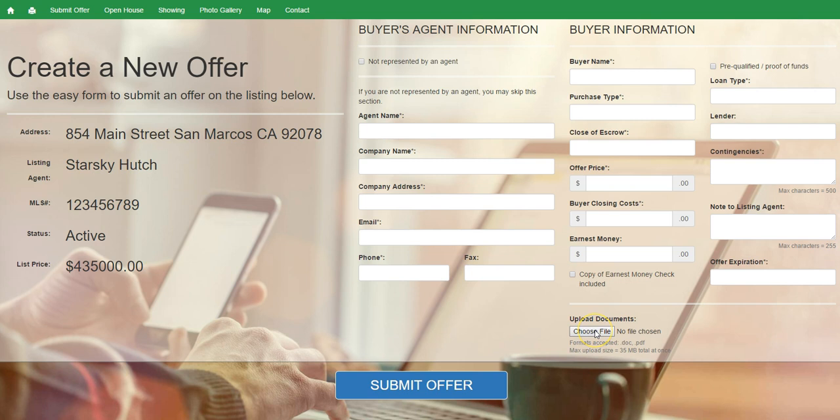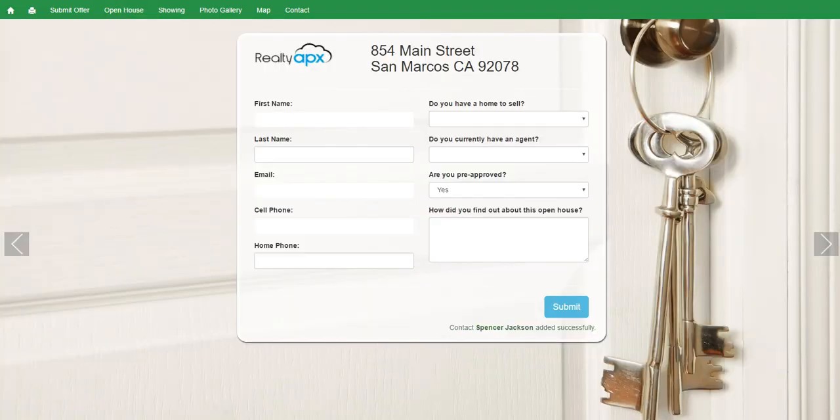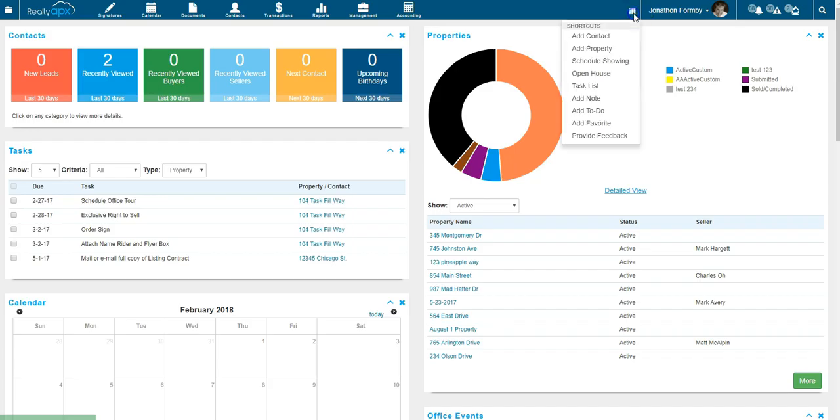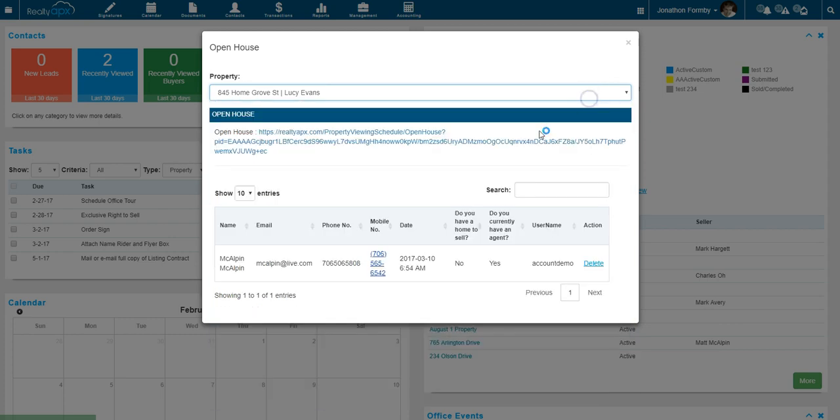Any documents that you require them to upload to you for an offer are all right here. Who they are, if they're pre-qualified, what the names are, any information about the property, they can submit an offer, as well as if you hold an open house. You take this into your open house and open it up on your iPad or your phone, and people that come through fill out their information. Everyone that fills it out funnels back into your open house feature and shows exactly who came through the property,